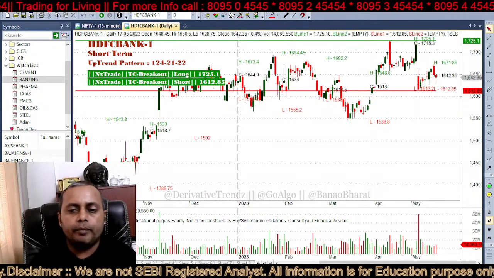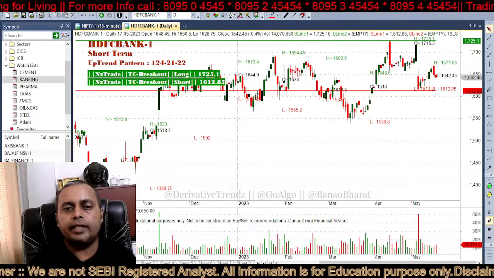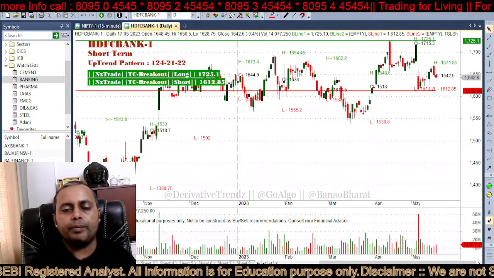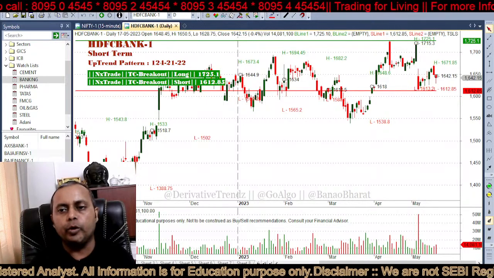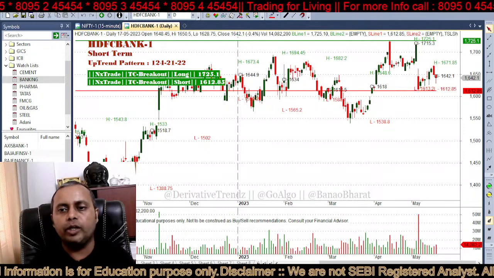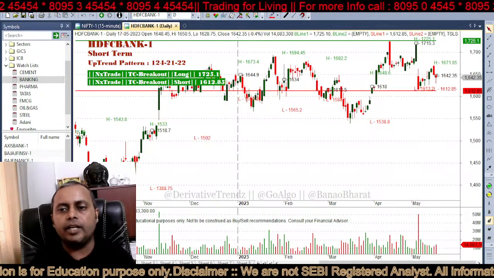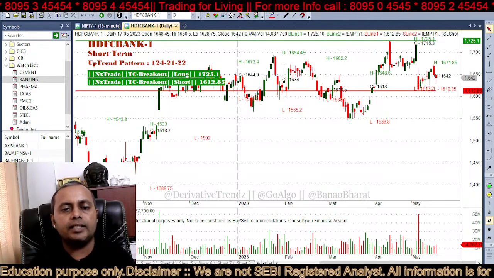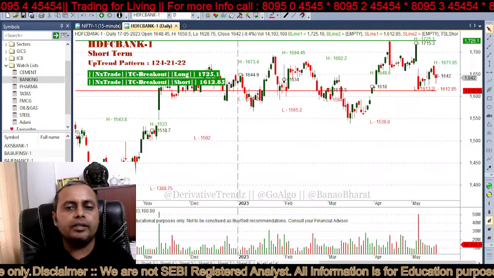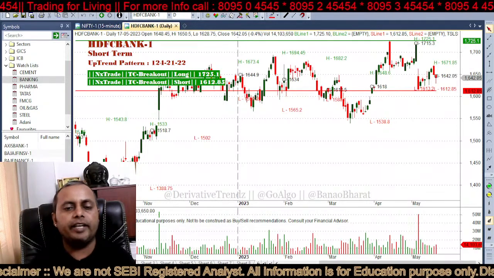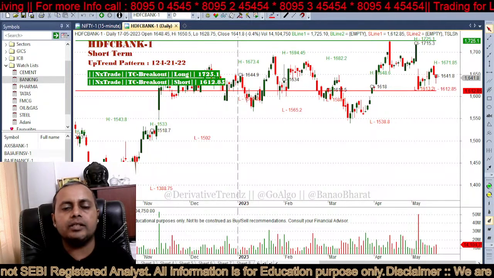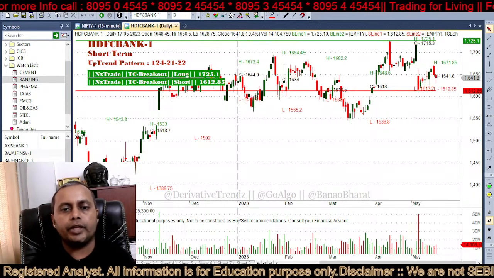On 5th of May, it made one critical low. After that, it has taken several days to do a pullback, and the pullback was very small and muted and kind of unconvincing, with very small candles and absolutely no volume. And after that, yesterday onwards, you can see HDFC as well as HDFC Bank both have started falling rapidly. So it is an indication: do not touch this stock for investment or trading purposes on the long side at least, and for the short side wait for those levels that I mentioned for you to take fresh trades on